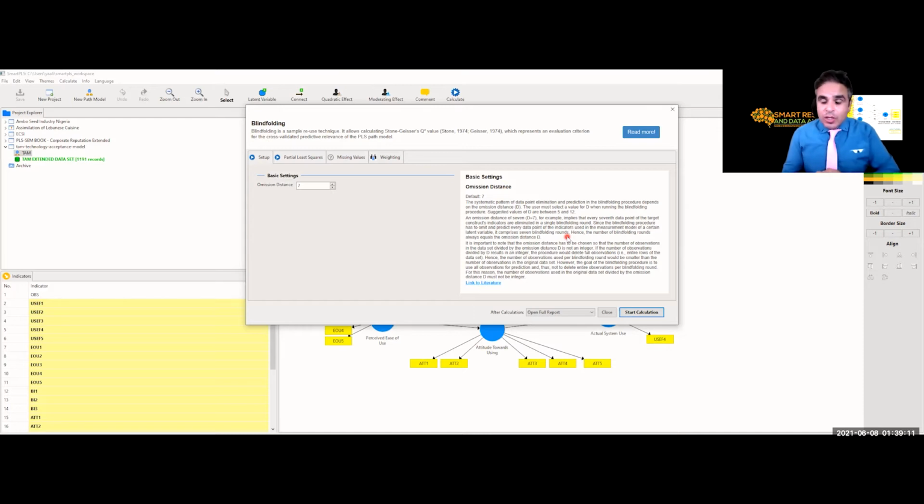It's important to note that the omission distance has to be chosen so that the number of observations in the data set divided by the omission distance is not an integer. And as I mentioned, if